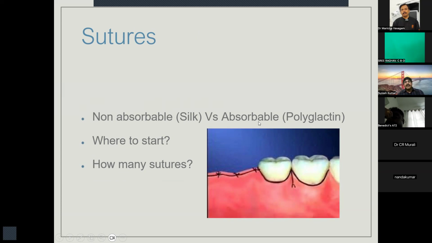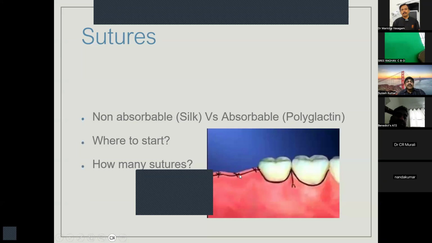a lot of absorbable materials are there. So catgut, Vicryl, all are there. If you place those materials, they will undergo absorption later, but it will take time. Some of the materials can even take 1 month to get resorbed. So till that time, the patients will keep feeling it with the tongue, which is irritating actually. And also the suture thread will act as a nidus for food collection around it. So it's actually not a very good material of choice.